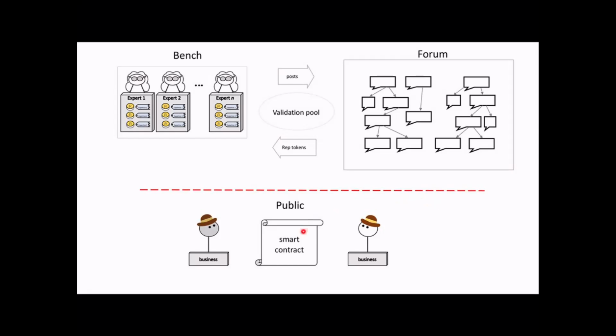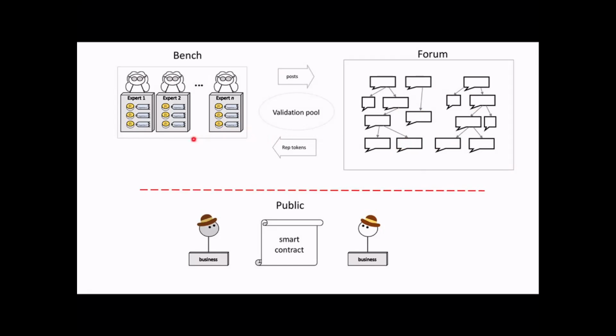And so there's 3 different components here. There's the public people who take advantage of the DAO, but above this red line is the DAO. So the DAO is the members of the DAO, which we'll call the bench of experts, okay, on whatever DAO you're using, whatever group and whatever company, whatever collaboration you're moving towards, whatever they're experts in, we get these experts together and they'll be called the bench. That's the members of the DAO. And the forum is another component, the 3rd component of the whole system. And the forum is just the history of the DAO, everything that's ever happened, everything that means anything.